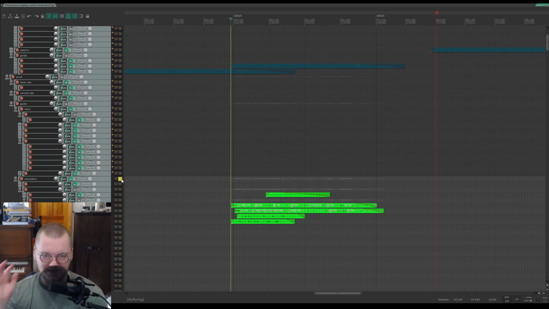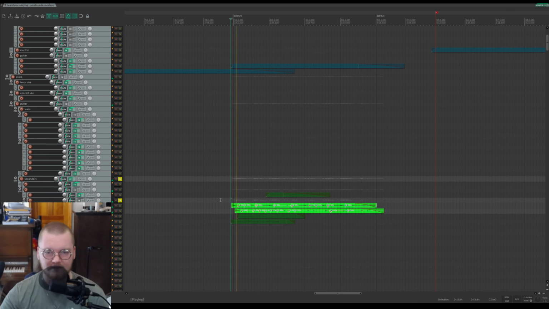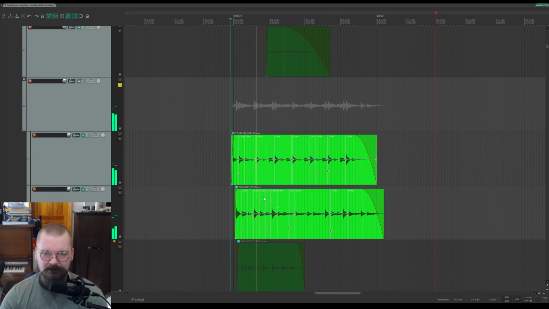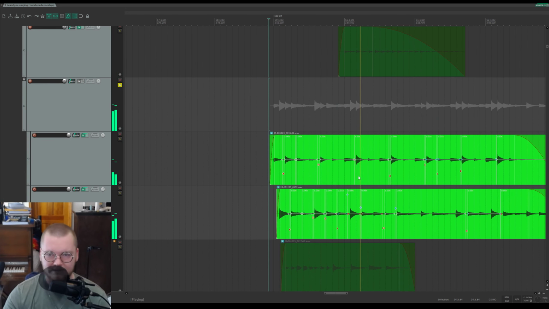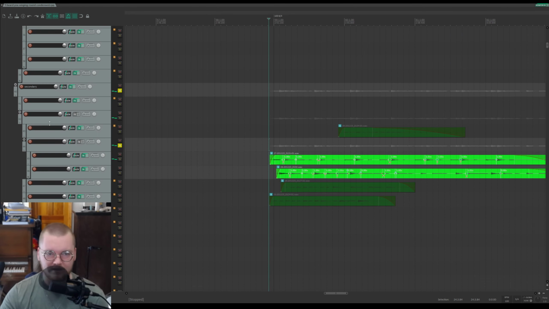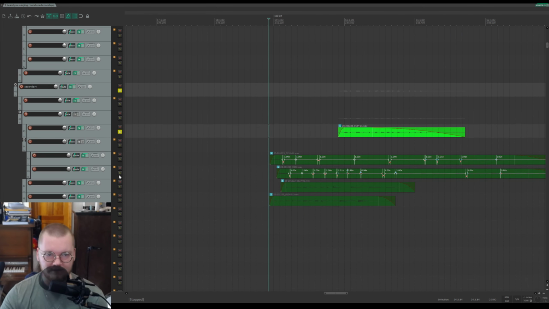There's also some guitars going on. I guess part of that is this thing, where it's like 2 guitars alternating that line. And then some other interjection stuff.